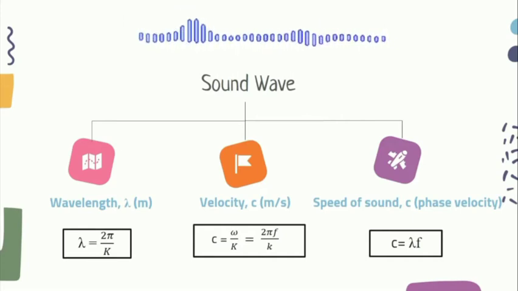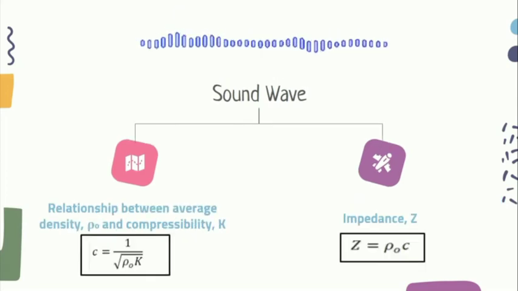The speed of the sound and phase velocity can be calculated by using C equal to lambda f. The higher the frequency, the shorter the wavelength as both of them are inversely related. The speed of sound in a medium depends on the average density, ρ0, and the compressibility, K, of the material. The relationship is given by C equal to 1 over square root of ρ0 K. It is a convenient way to express relevant tissue properties by using the characteristic impedance which is defined by Z